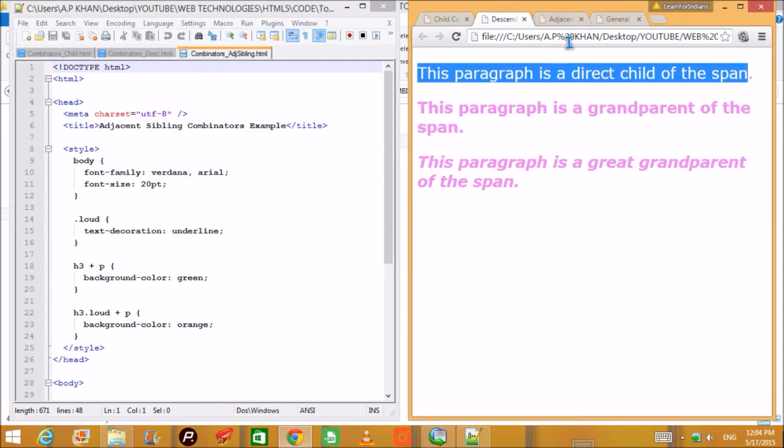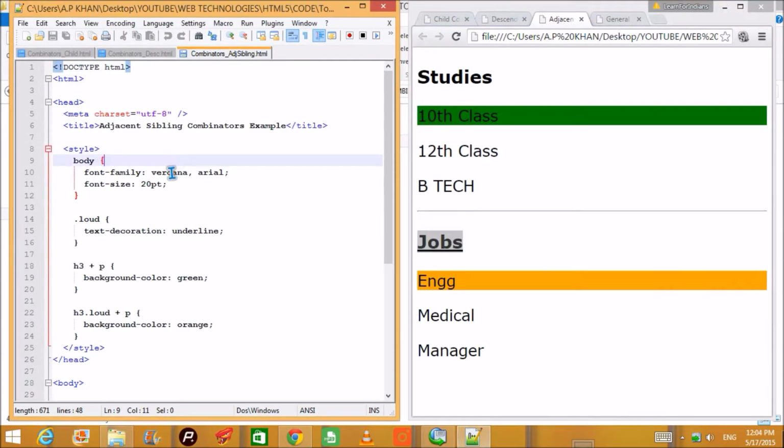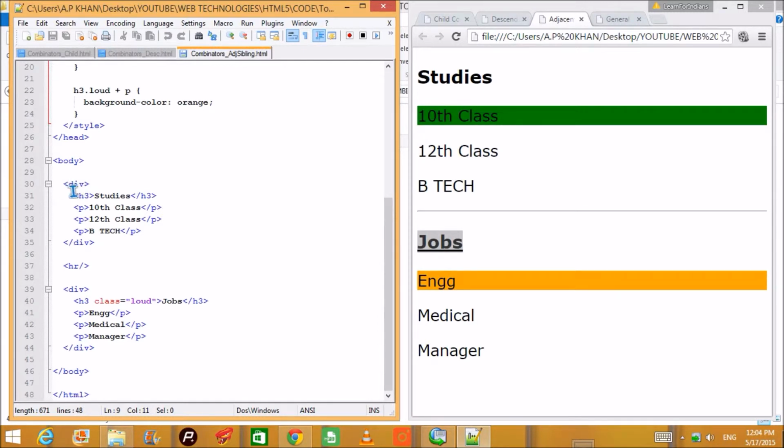This was the example. We have a division. There are 2 divisions basically. One division has 3 paragraphs P, and the other is a division with a class. We have to identify these 2 divisions differently, so we have provided a class also.